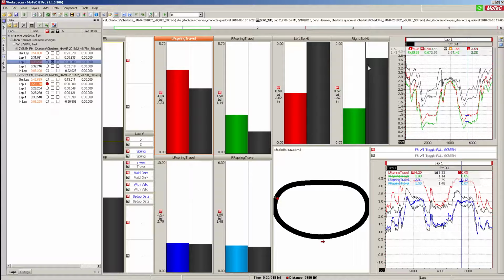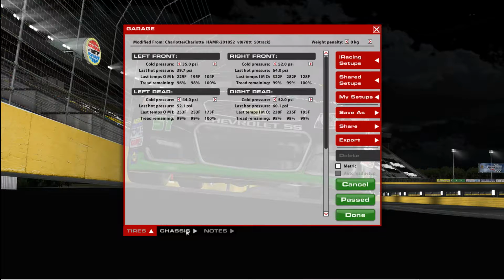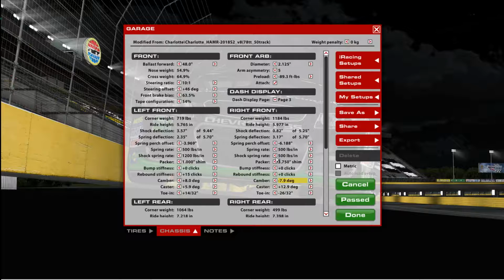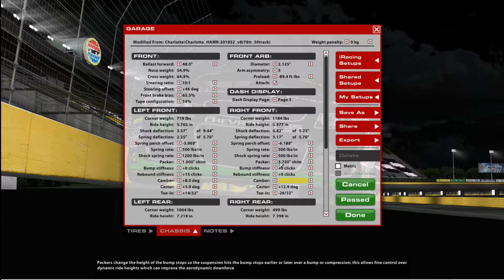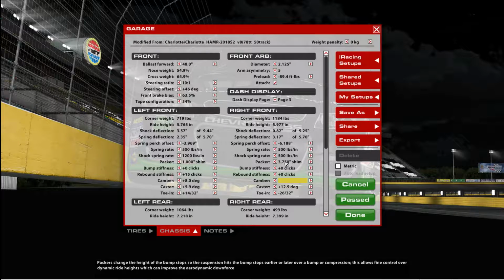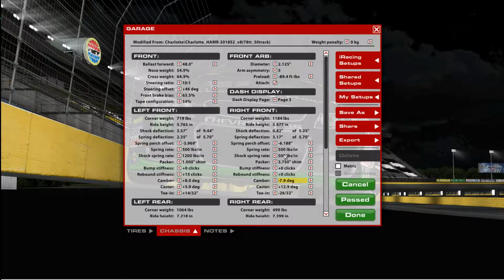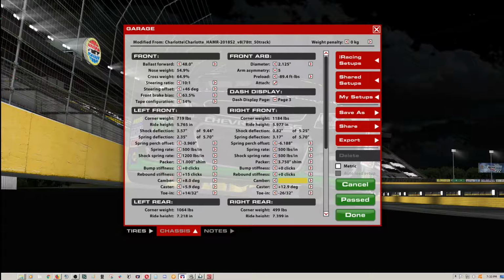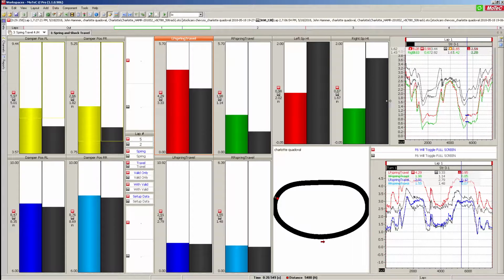I suspected that packer was in the 5,000, so I had a 5,000 pound shock spring in here and a 3.75 packer. The reason I put the 5,000 pound shock spring in there is because I intended to lower the packer down, and I forgot to do that before I launched the test session. So you actually got to see the answer and why I was doing that, because I wanted to know if I was really getting into the shock spring or not at all and if it was bottoming out the shock spring. It looks like it is because